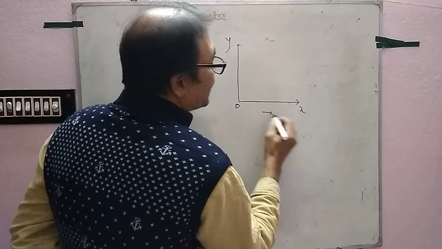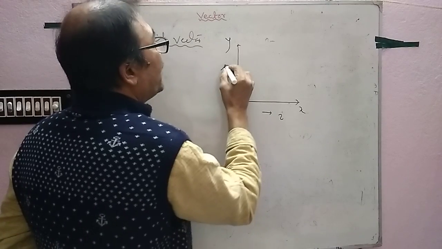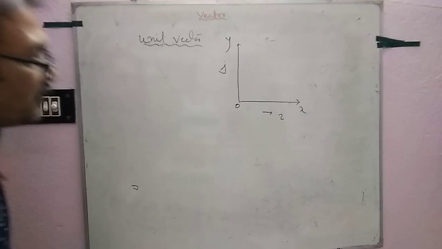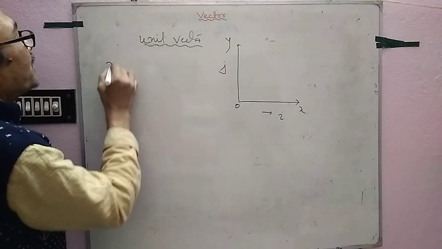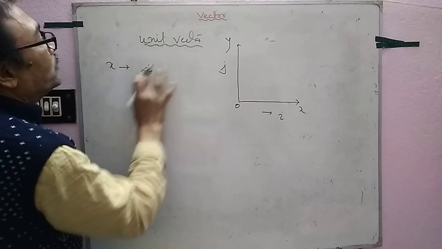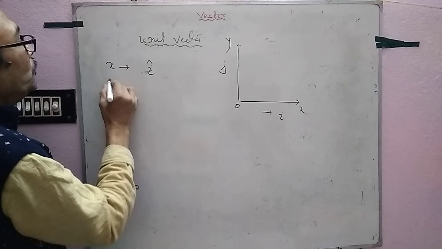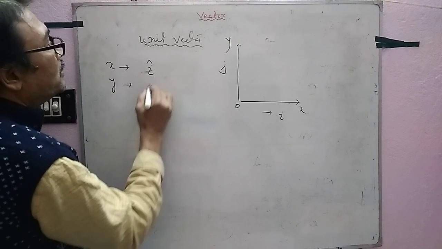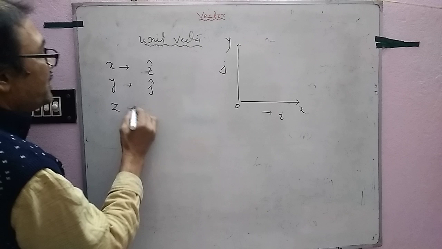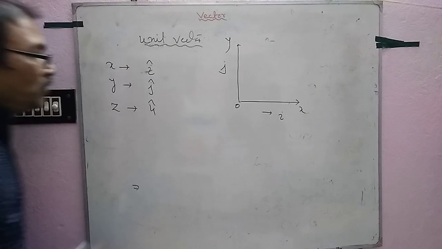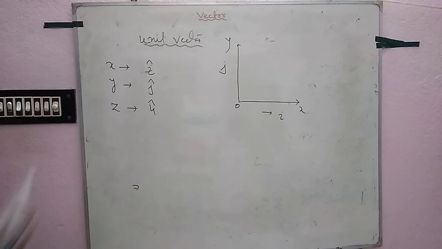In the OX direction the unit vector is i and along y, j. In the x axis the unit vector i cap, in y axis j cap, in z axis k cap,